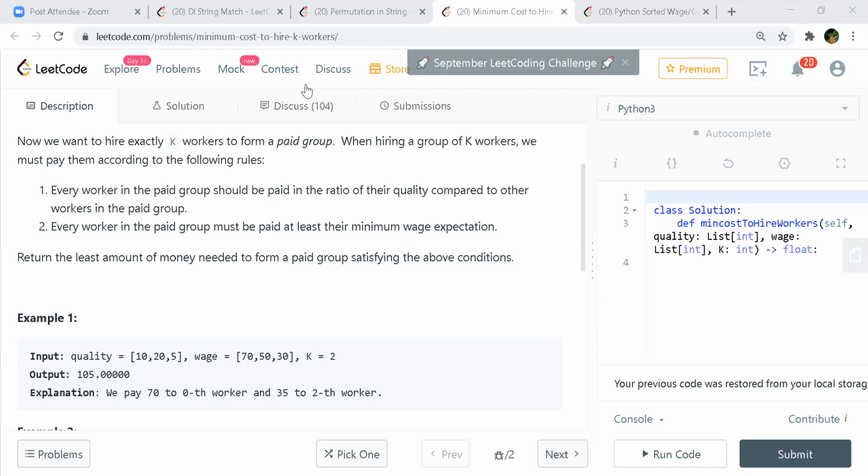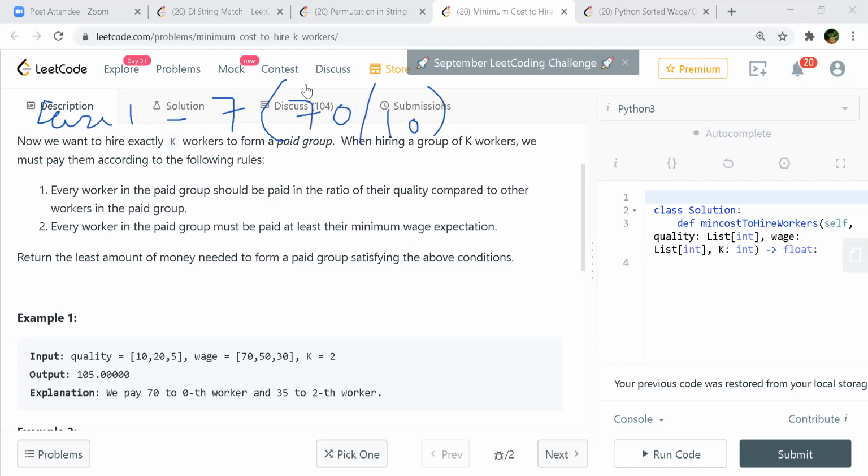Can we actually write this on the screen? Yeah, that will be better. Okay, I'll start now with the same example. The first one, 10, 25, 70, 50, and 30. Okay, for the first case, we have the ratio of 7, correct? Right. So the 7 comes from 70 divided by 10.